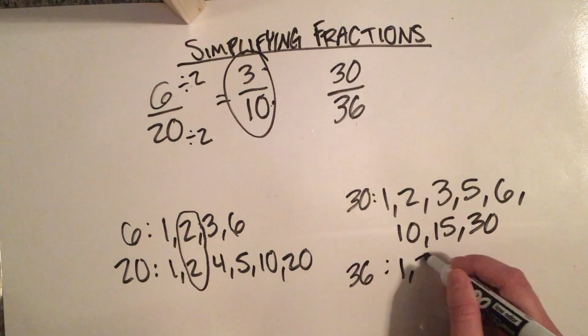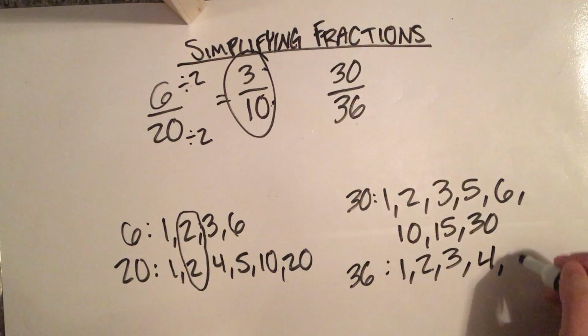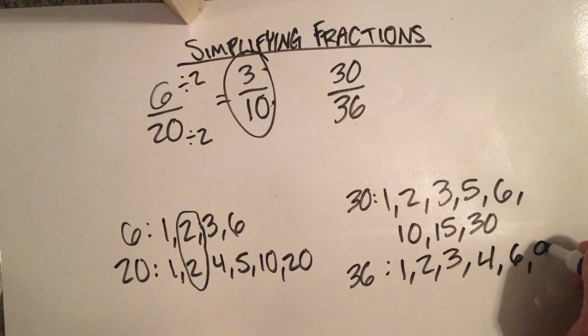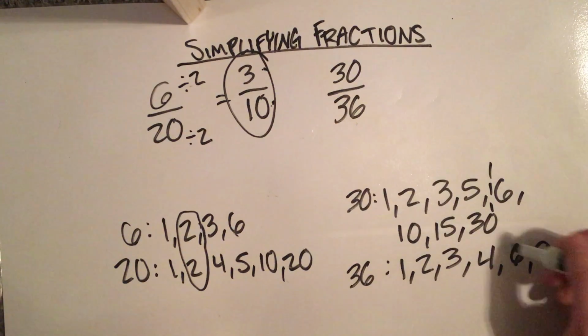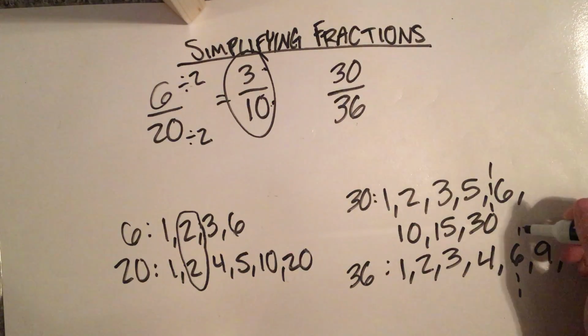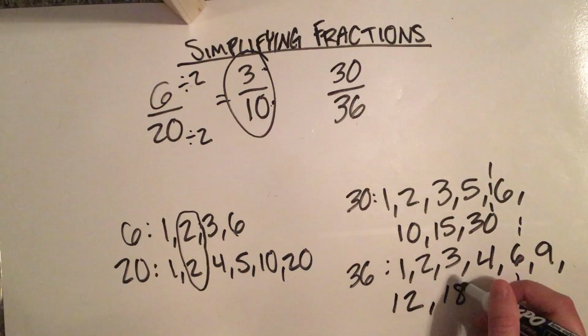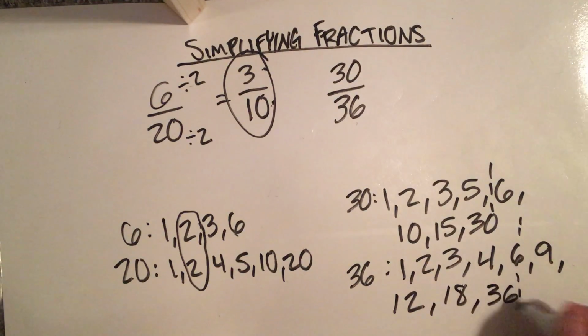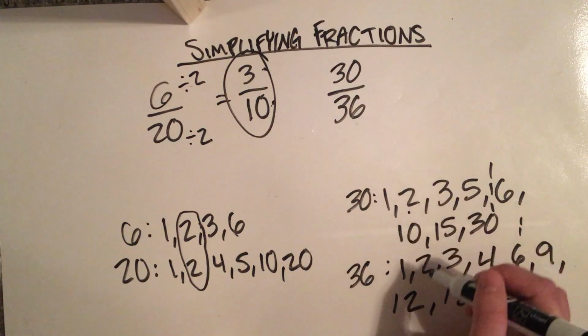1, 2, 3, 4, 6, 9. You can tell, if you still want to do your mirror like we do in class, you can keep doing your mirror too. That's okay. And from here, 12, 18, 36. So now from here we can see, like before, oh, we do have a 2 in both, but oh,